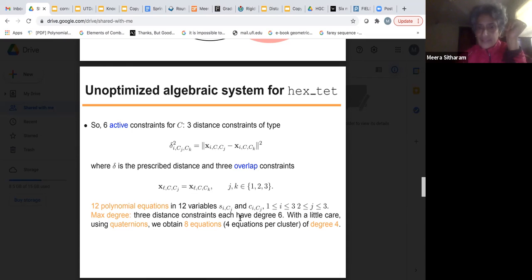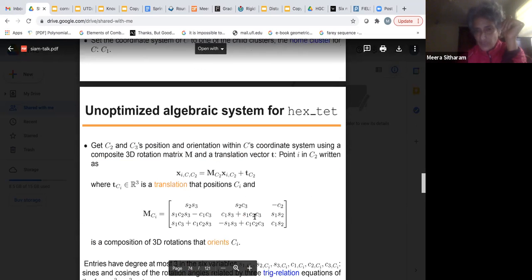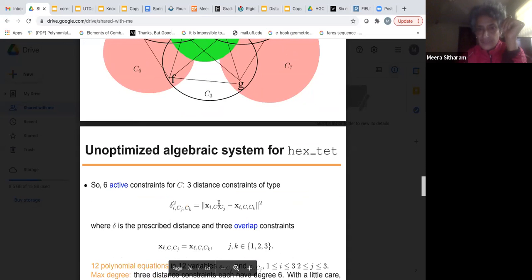So the 3 distance constraints will have degree 6 because each of these variables themselves have potentially combinations of sines and cosines, like S1, C2, C3, things like this. So each of these might have degree 3, and then you square that, it becomes